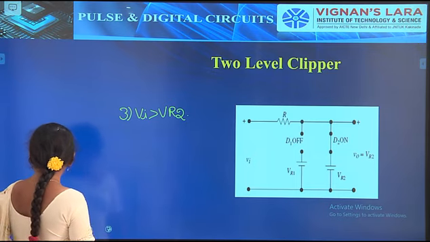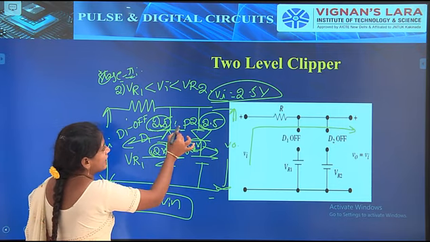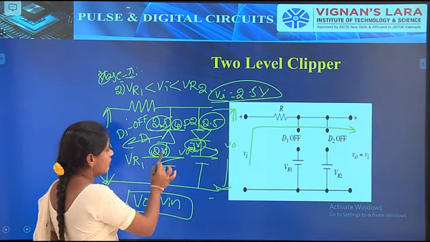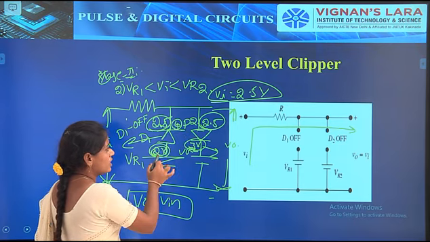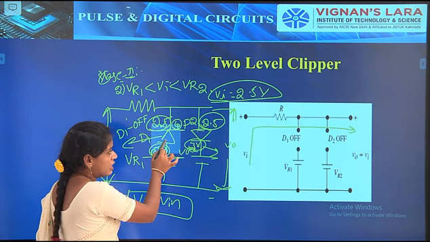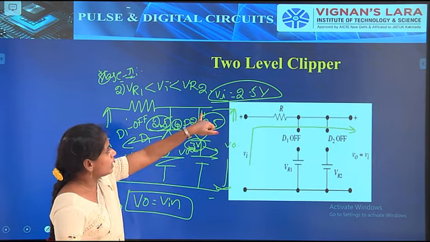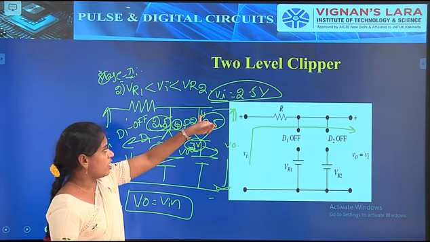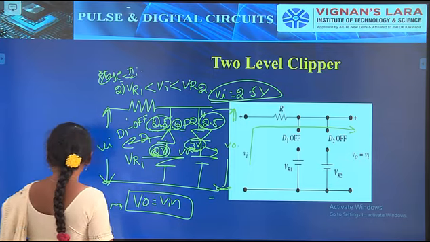When 4 volts is applied to this circuit, this 4 volts is applied to the cathode of diode D1 and at the same time the anode of the other diode. Obviously here the anode voltage is less than the cathode voltage, so diode D1 becomes off. Here this 4 volts is applied to the anode of diode D2, so the anode voltage is greater than the cathode voltage. Why? Because 4 volts is greater than 3 volts. That's why diode D2 will be on.